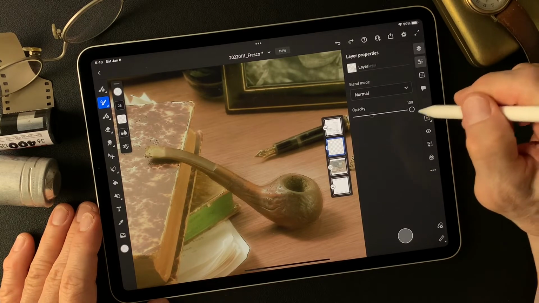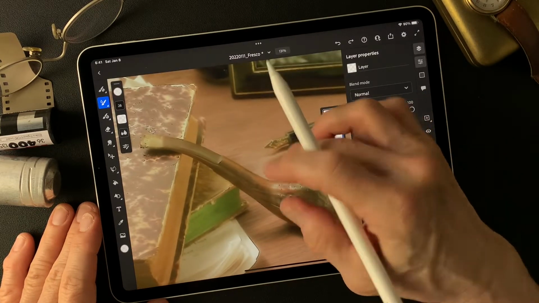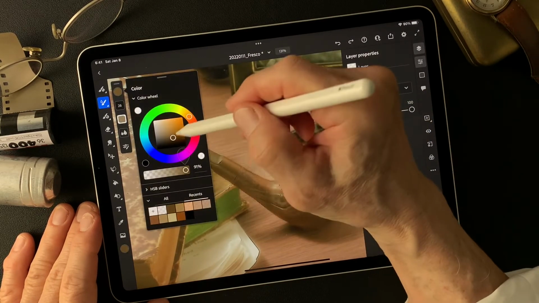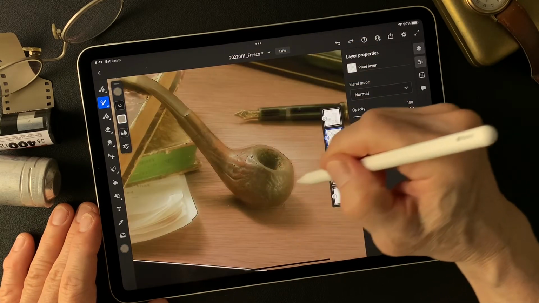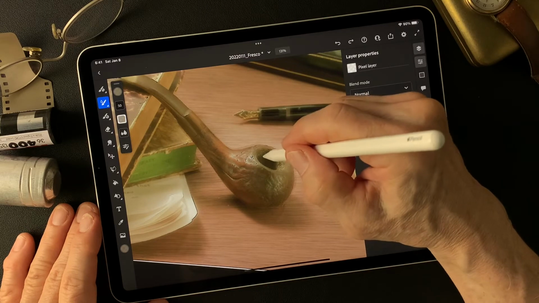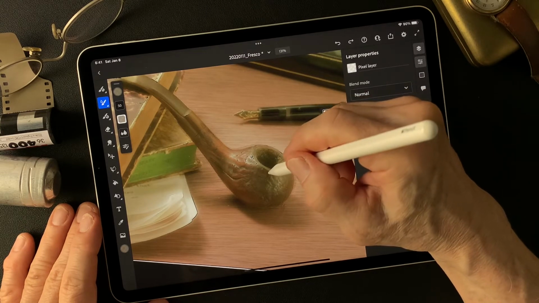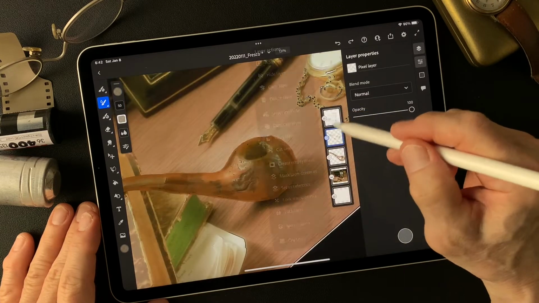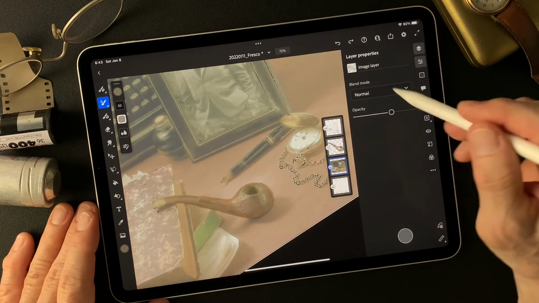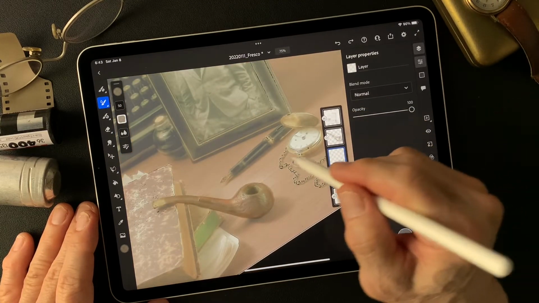Well, I'm gonna add another layer, then add some black and dark color. Okay, merge down. I'm gonna add a layer and